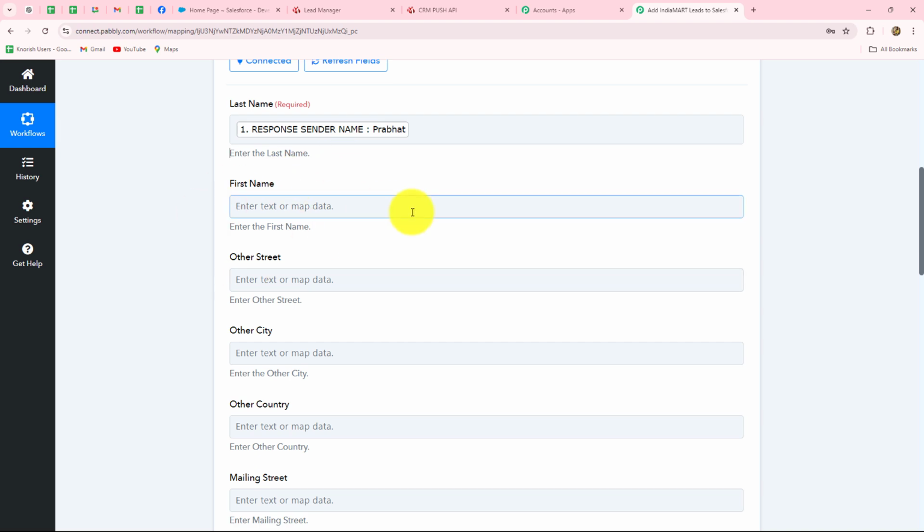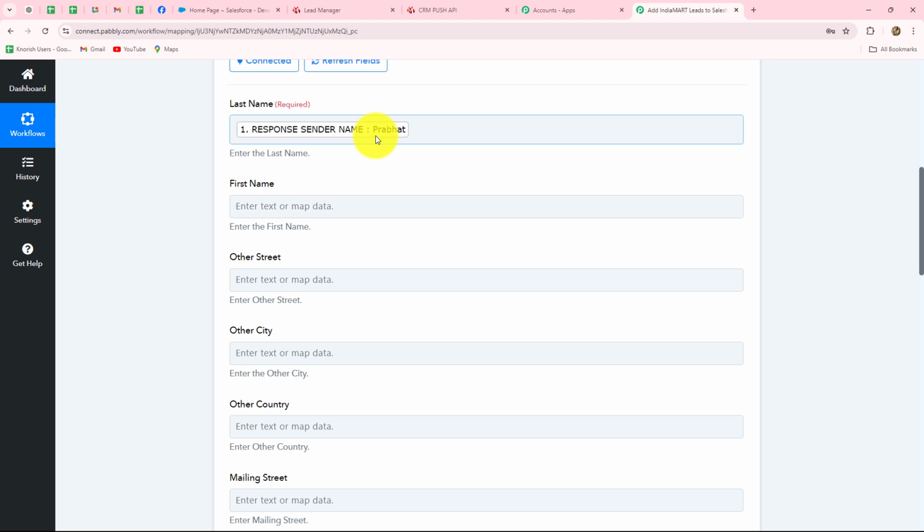But in your case, when you will be receiving a response of a real lead which contains the first name and last name separately, you can map both of them. Now once we have mapped this name, it has become dynamic. That means with each and every new response, it is automatically going to replace. So this means that now whenever a new lead will be captured through IndiaMART, automatically all the details which we are going to map over here in these fields are going to replace. And in this way, we are going to automate the entire process of adding our IndiaMART leads to Salesforce as